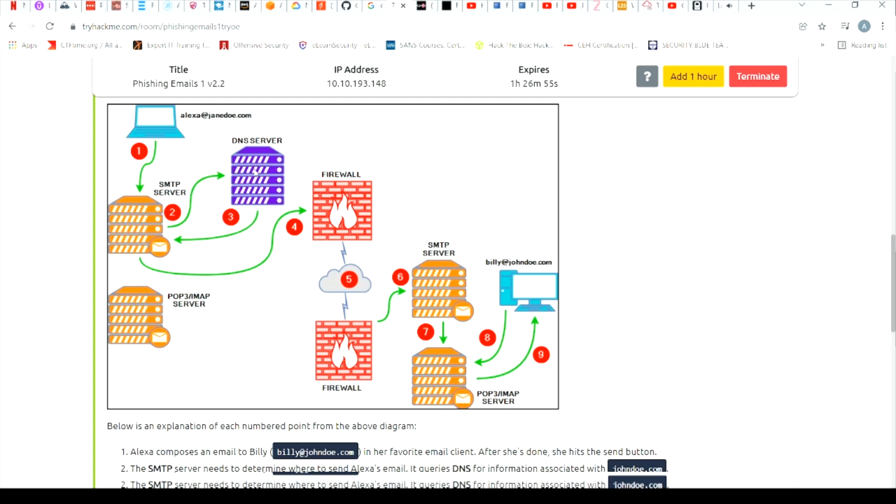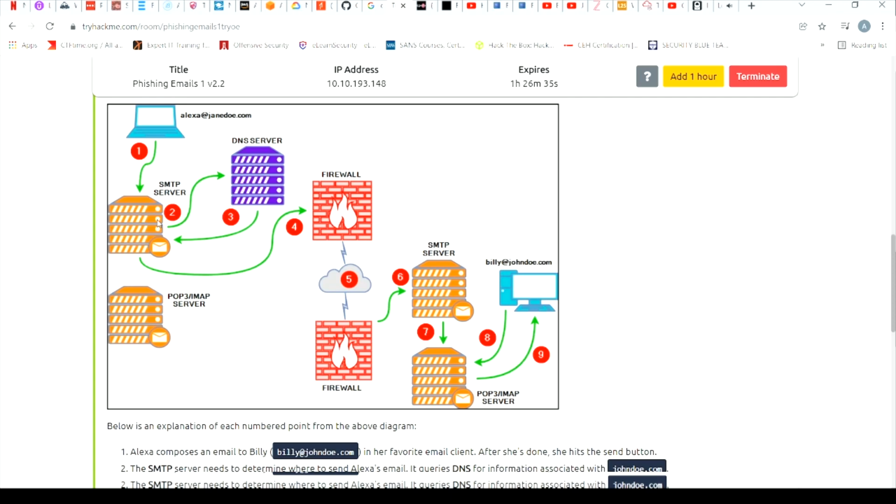That's right, it goes to the DNS server. The DNS server is basically determining where John Doe is located. What is the address associated with Billy at johndoe.com, and it translates it, sends it back to